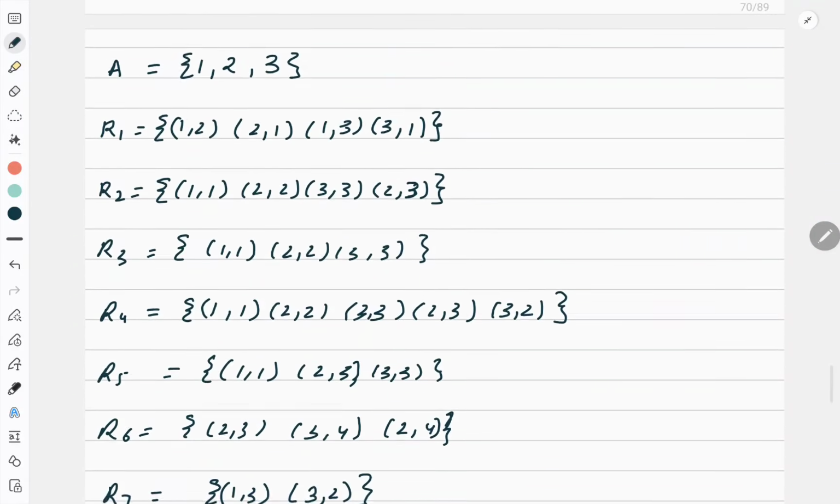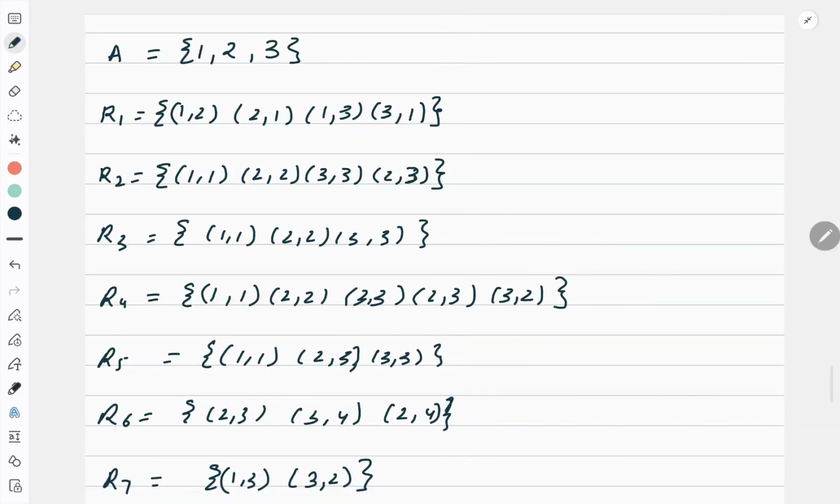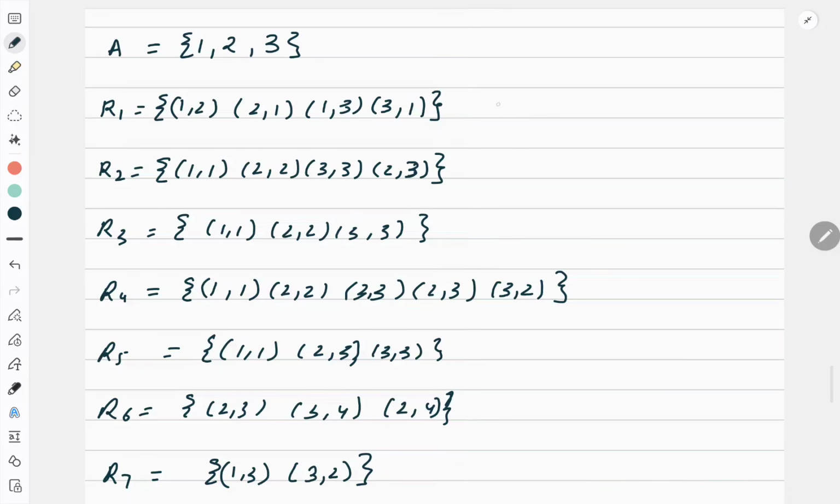Now let us do some questions based on this. For some time all of you pause your video and write down what type of relations these are, and then you cross check your answer. See, A is given as {1, 2, 3}. Now I want to check R1. So I will check all the 5 relations I have spoken about. It will be reflexive if it has (1, 1), (2, 2) and (3, 3). Do I have them? No, I don't have. So it is not reflexive.